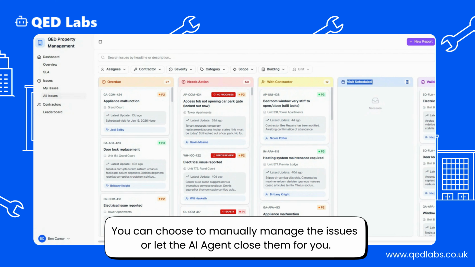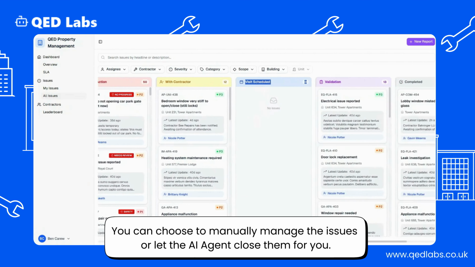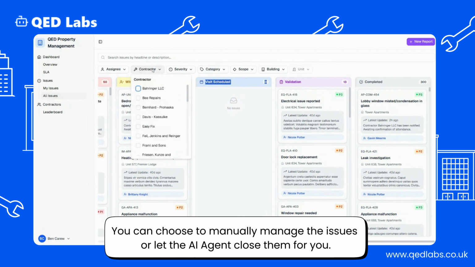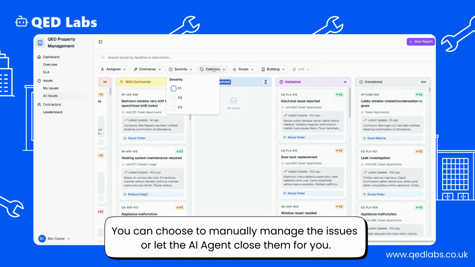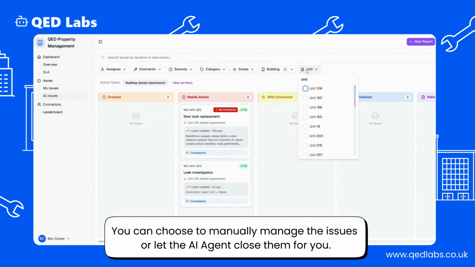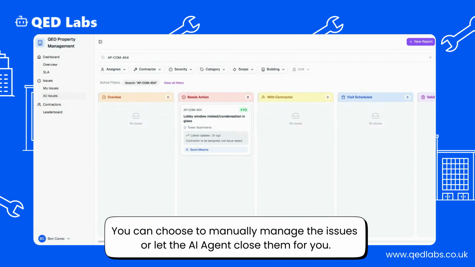Issues get tracked through to closure from left to right using our intuitive Kanban board layout. QED provides easy-to-use filters, allowing the user to quickly locate issues based off assignee, contractor, severity, category, scope, building, and unit. If I now search for our early issue number, we'll find that our ticket's there, ready for us to action.